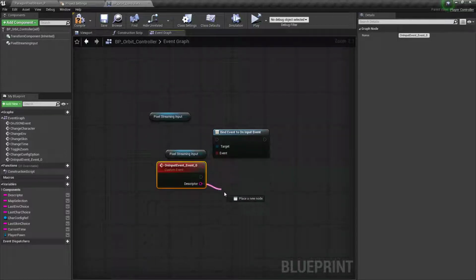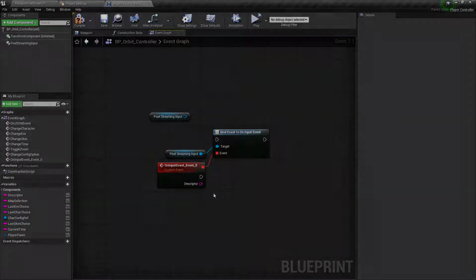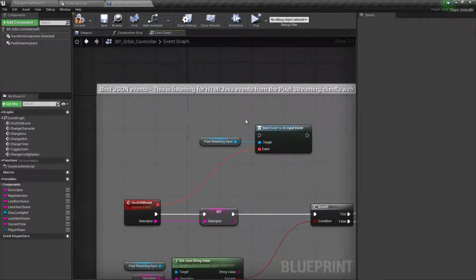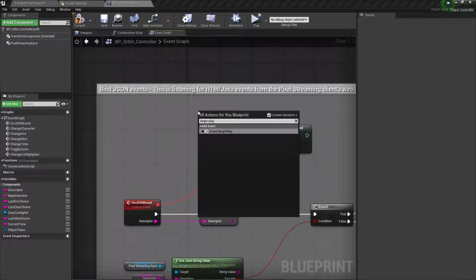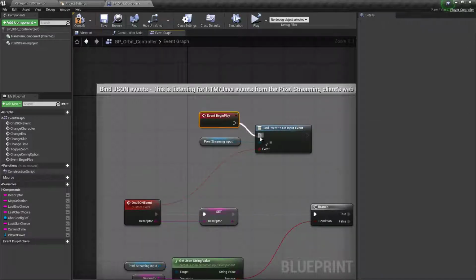This is the descriptor value that we receive from the website. When you have your onInput event assigned through your pixel streaming input component, it's also very important to connect this to the begin play event for it to start receiving the descriptor.